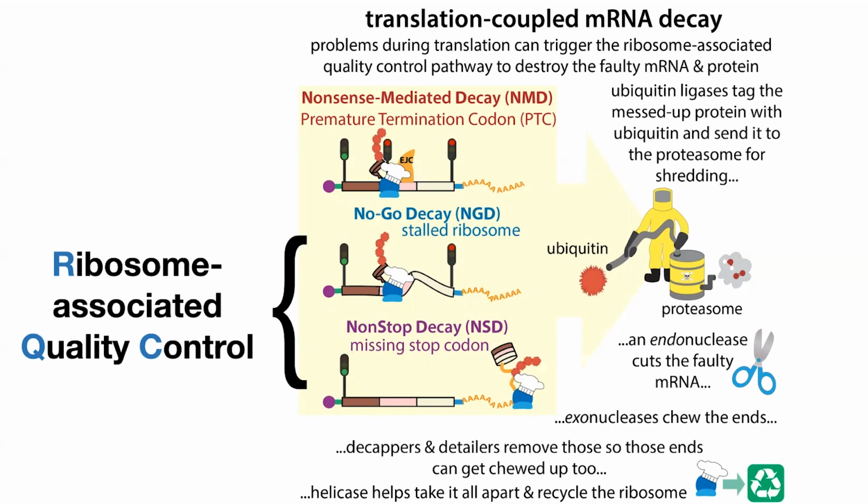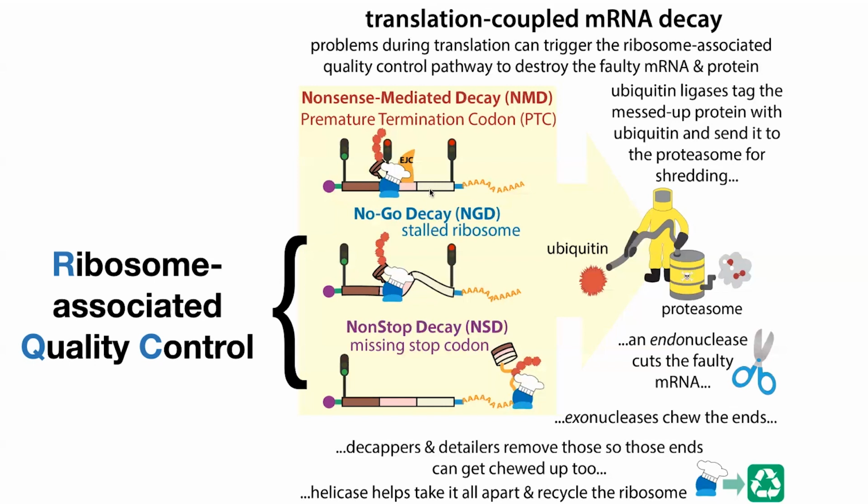Okay, so that is going to be the basics of this translation-coupled RNA decay. So you have nonsense-mediated decay, where you have a premature termination codon. The ribosome is going to meet a stop codon. That's going to trigger the recruitment of a release factor. Normally, the release factor is going to be communicating with proteins that are binding to the poly A tail. But in this case, those release factors are going to be either communicating directly with this exon junction complex, or they're not going to be communicating with that tail because it's too far away. And instead, they're going to be communicating with other proteins that can help serve as surveillance by binding to this